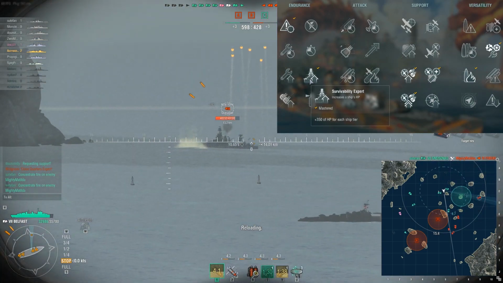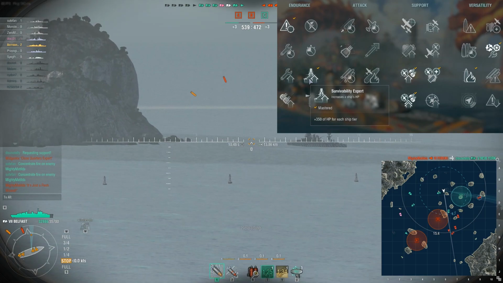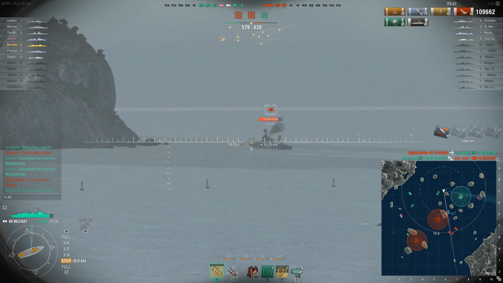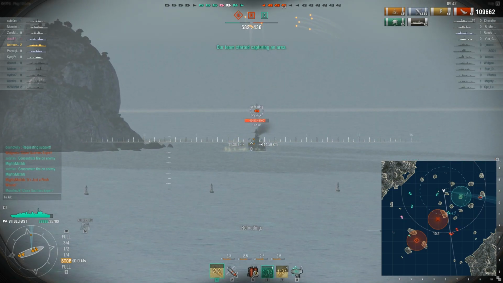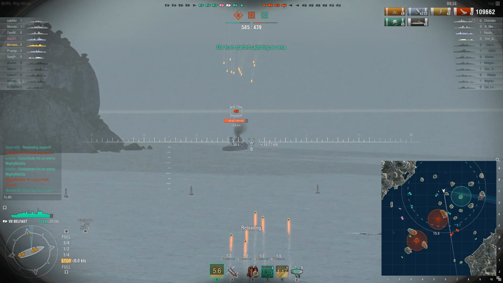A tier 5 ship gets 1750 HP from this. And I think that Survivability Expert is a fairly good skill on destroyers. Before you would take this quite often, but nowadays there are often better tier 3 skills to take for many destroyers. And I think this is more of a skill you would take in ranked, because in ranked having more